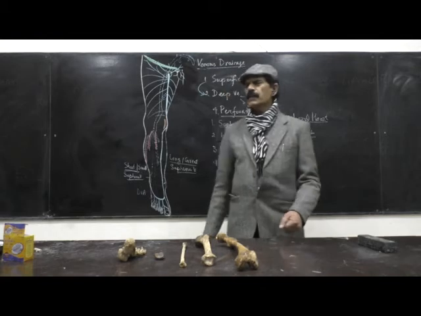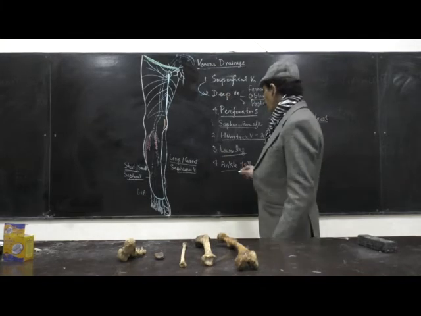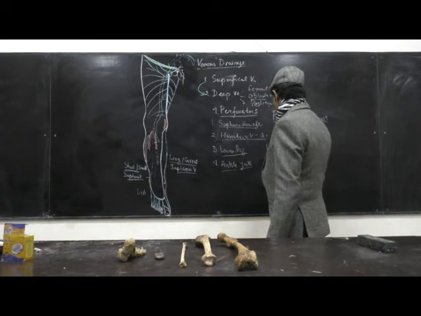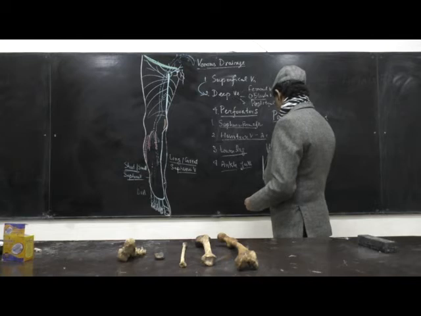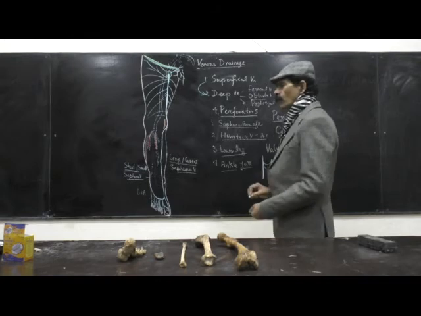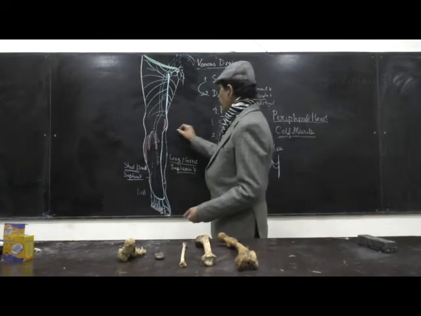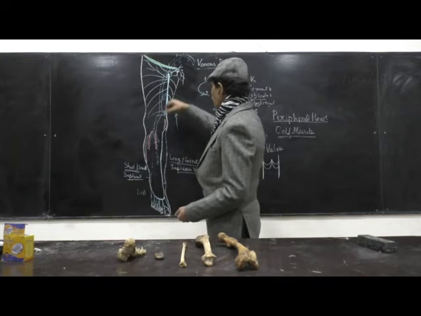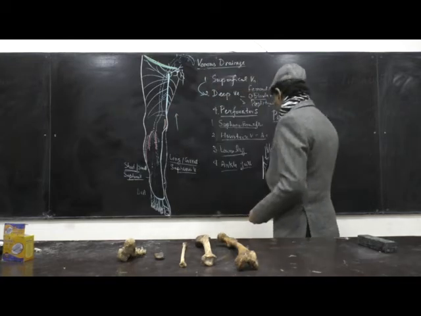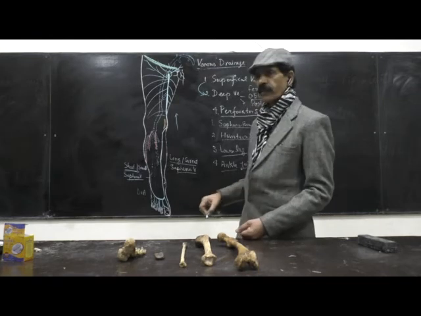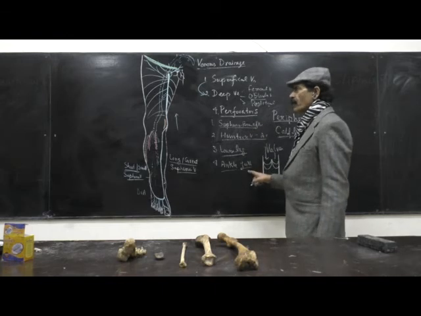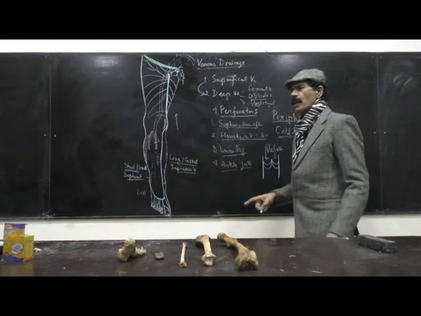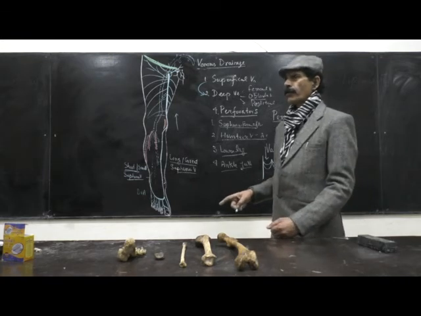Now these perforators and these veins have valves in them, and these valves make the unidirectional flow in the anti-gravity position. So whenever the blood tries to come back, it is prevented by these valves. So all the perforators have valves in them, which makes the unidirectional flow of the venous blood. That is the anti-gravity.